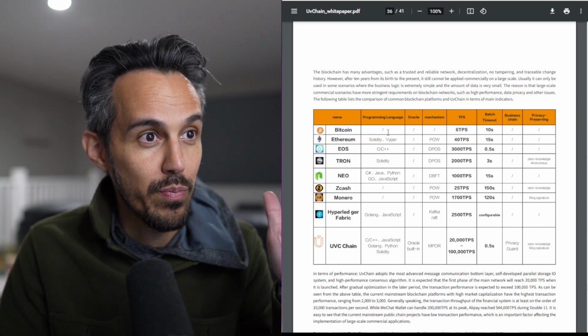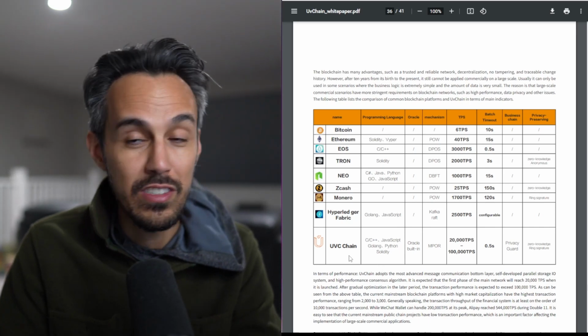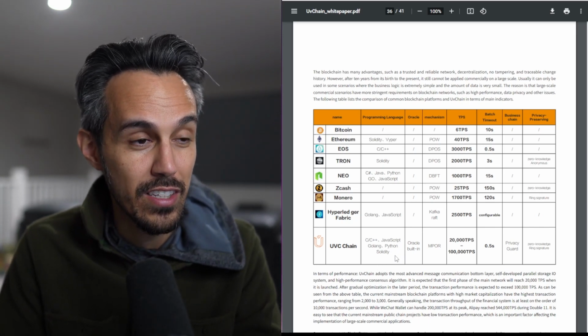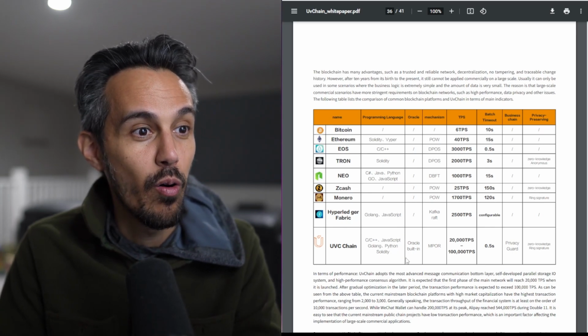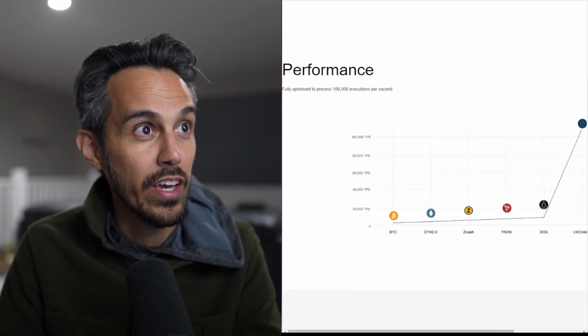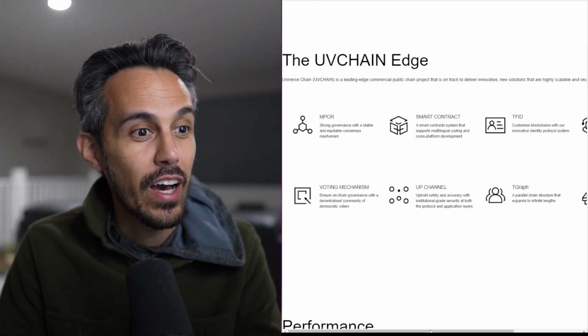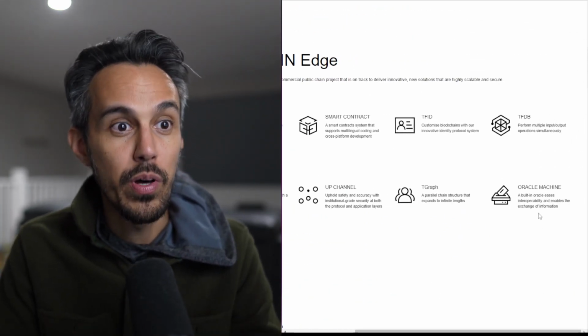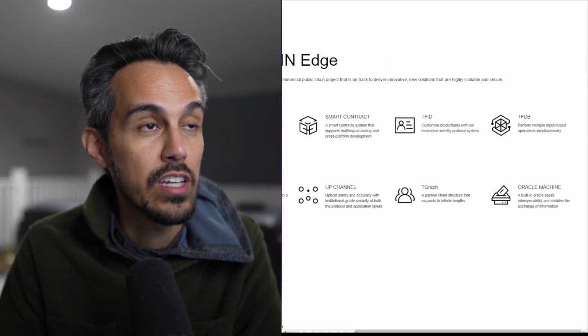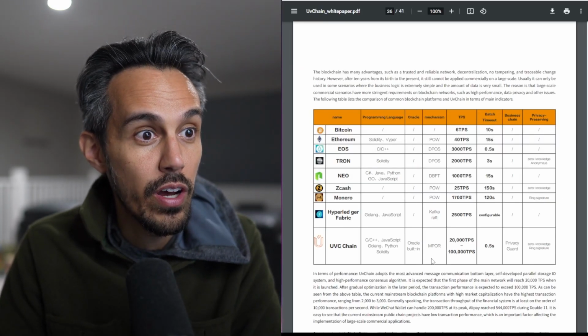They talk about not only the different programming languages. You can see UVC chain has a lot of different ones. Oracle built in. We saw that in the different features. Here, Oracle machine, built-in Oracle eases interoperability, enables the exchange of information. So they have that going on. They talk about the